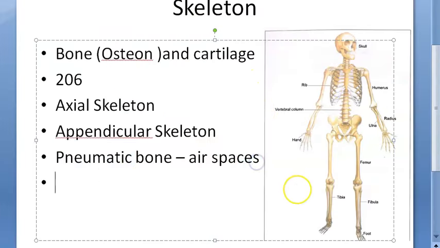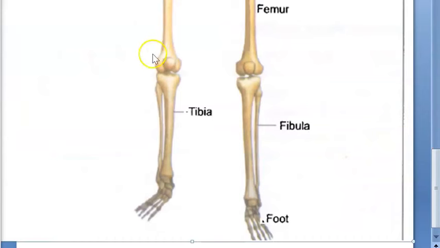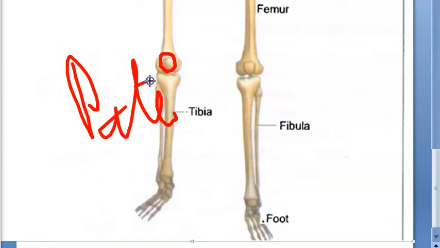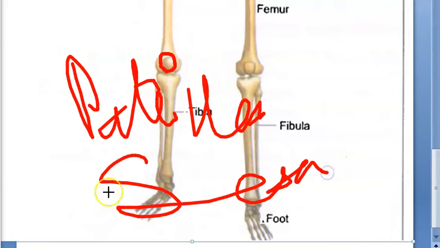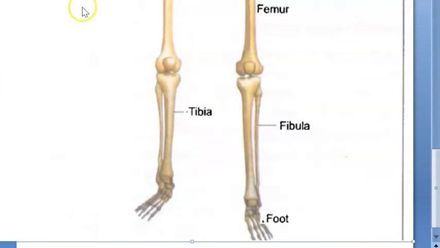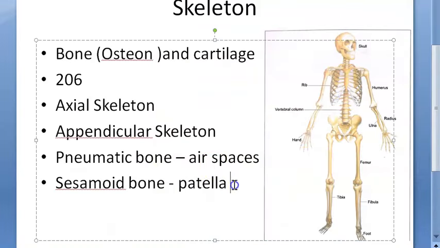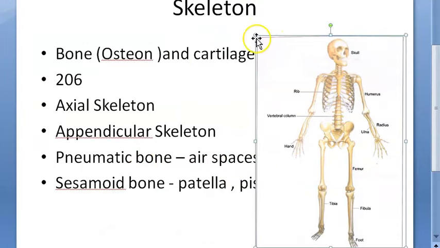There are some other special things you should know, like sesamoid bone. Sesamoid bones ossify after birth. There is no periosteum. They have very limited blood supply. They're embedded in the tendon or joint capsule. Like this is the patella in your knee joint. So basically this is a what bone? Sesamoid bone. The other examples of sesamoid bones are like your pisiform in your hand. Patella and pisiform. Pisiform appears around 11 years.